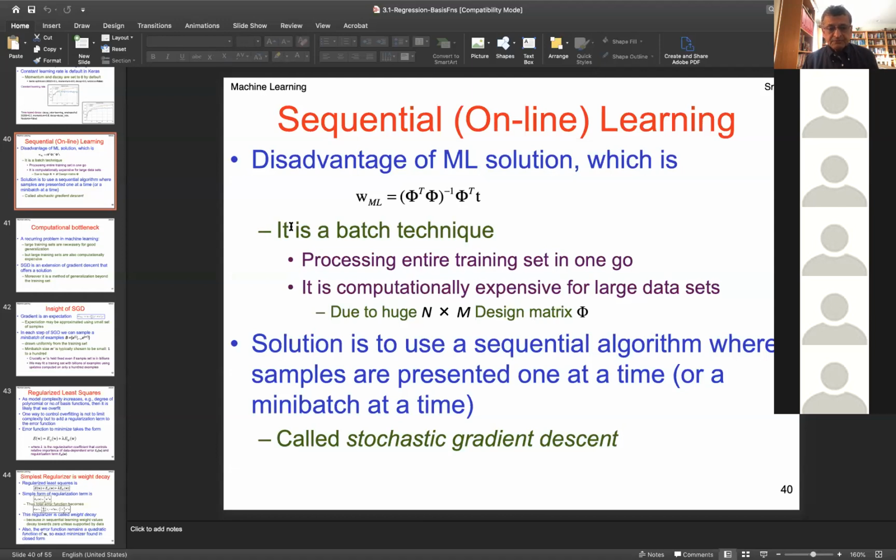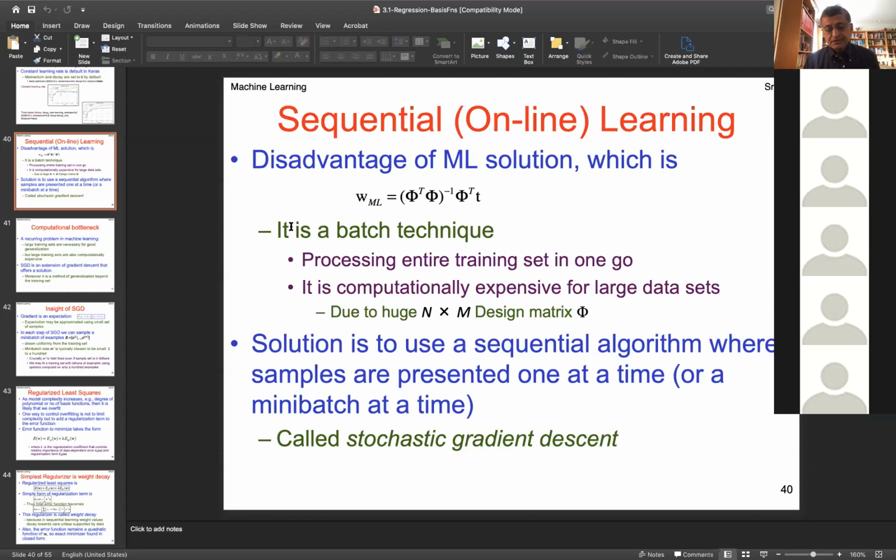It's a batch technique, processing the entire training set in one go. It is computationally expensive for large data sets due to the huge N times M design matrix. You might have a large number of samples and a large number of features. So the solution is to use a sequential algorithm where samples are presented one at a time,